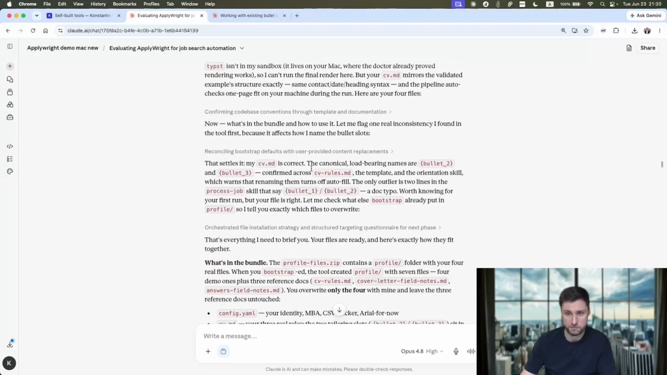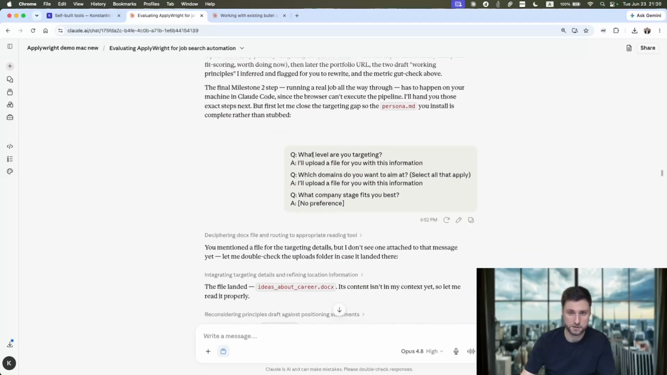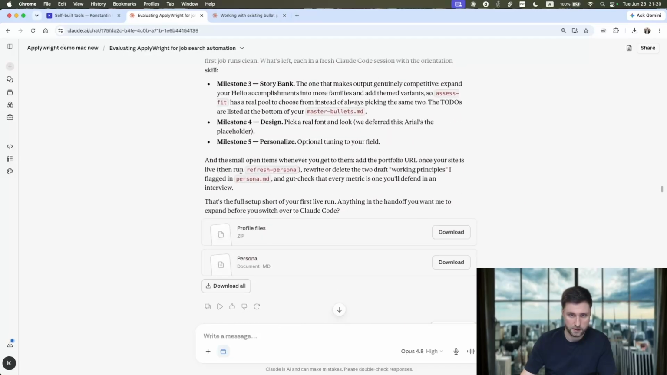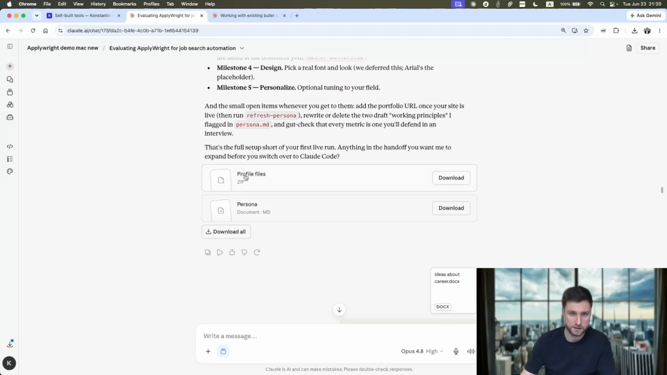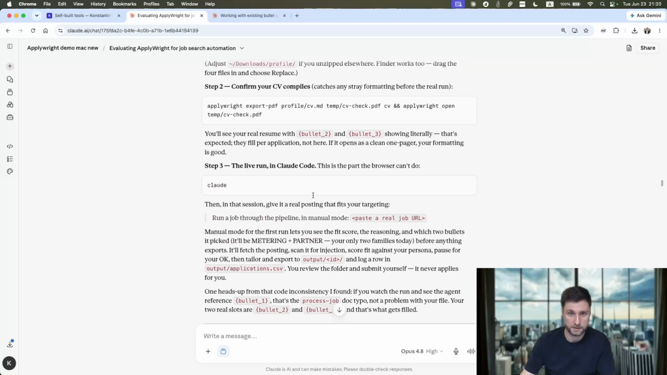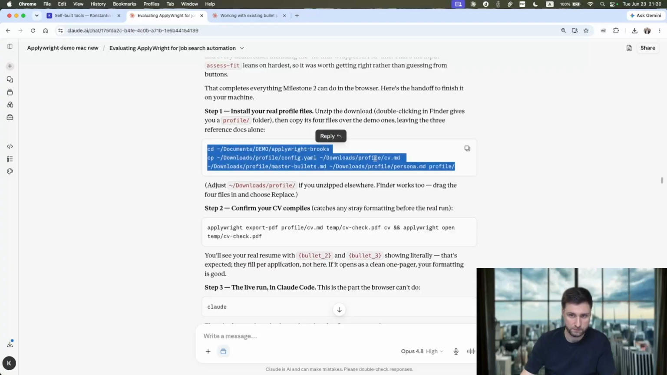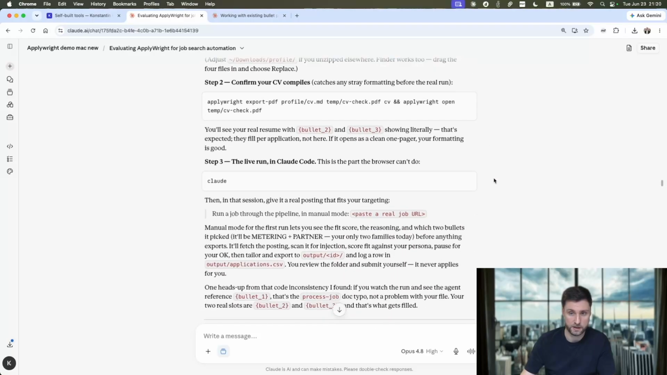It will ask you some more questions. For example, here it started asking questions about my career goals, but instead of answering them, I just said, I'll upload the file for you. And at the end, it will generate this profile files archive. And you're supposed to unzip and put them into the respective folder. But even that part, Claude just gave me the commands to execute, so I didn't even need to drop them